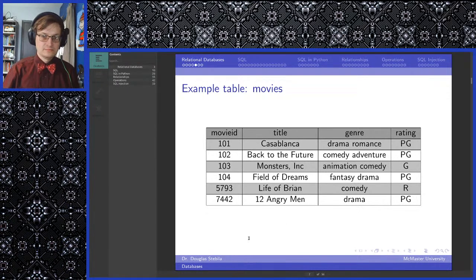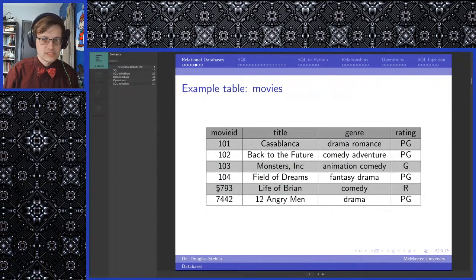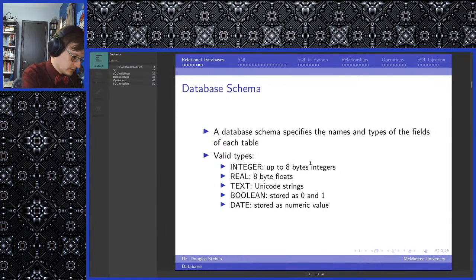So, for an example of some data, we might have movies. So, we've got various movies here. We have 6 entries. The fields: movie ID, title, genre, and rating. Each table in a relational database needs a schema. So a schema is essentially a collection of field names combined with the data type each field